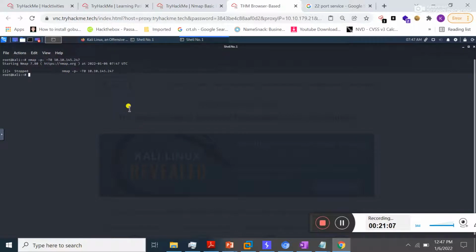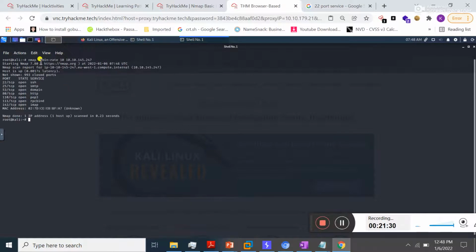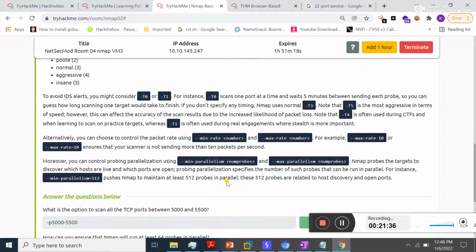I'm going to quit from here, and if I type nmap --min-rate 10 and then my victim IP, I'm going to copy and paste the IP and hit enter. Now the minimum packet rate is 10. You can change the number of packets from 10 to 5 or 8 as you like.